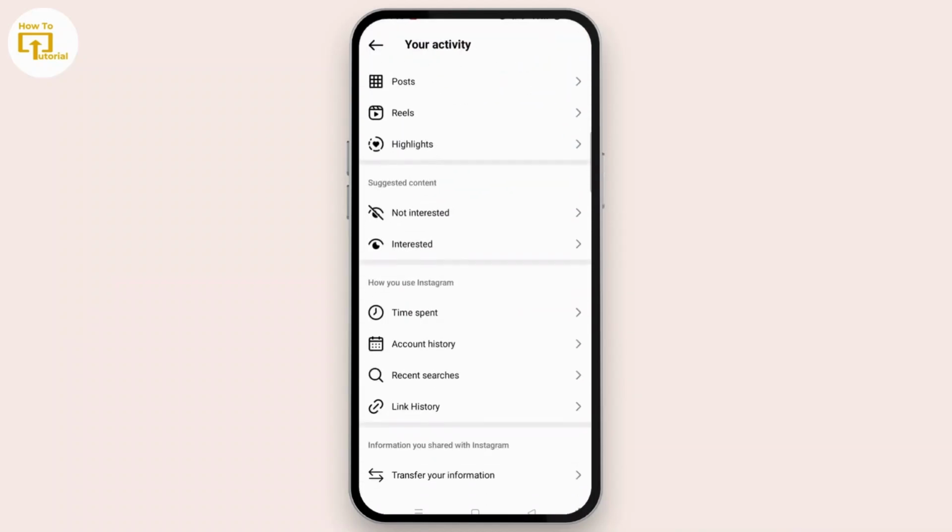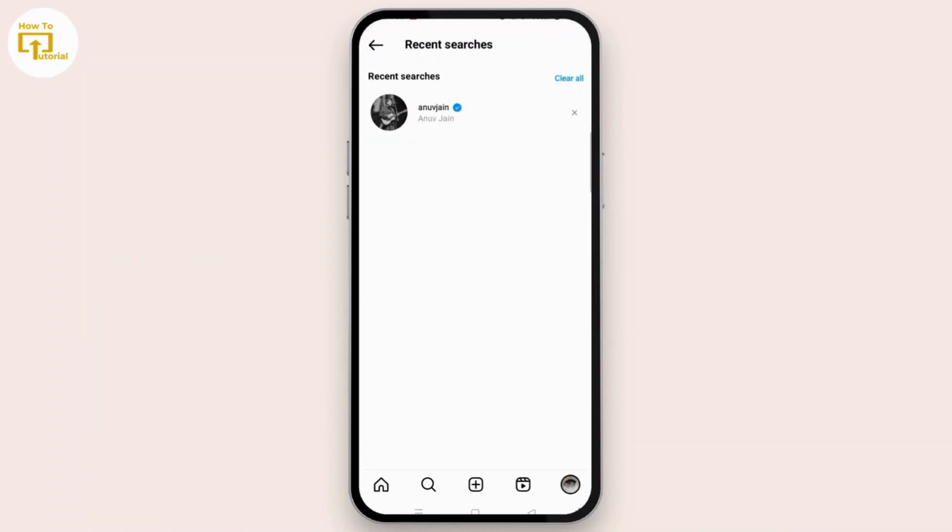Scroll down. Tap recent searches, and these are all your Instagram search suggestions. You can tap on the clear all button at the top right corner of the screen and clear all your recent searches history, or you can tap on the cross icon next to the Instagram account's name. So, in this way, you can easily delete Instagram search suggestions manually one by one or by clearing all